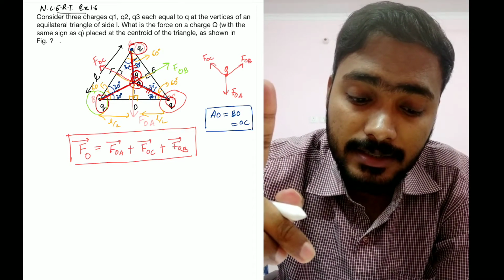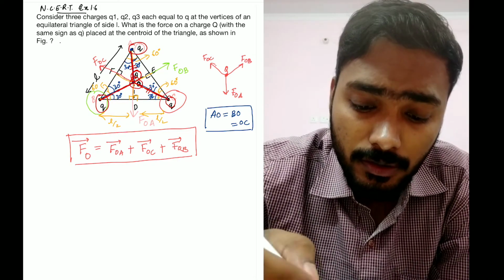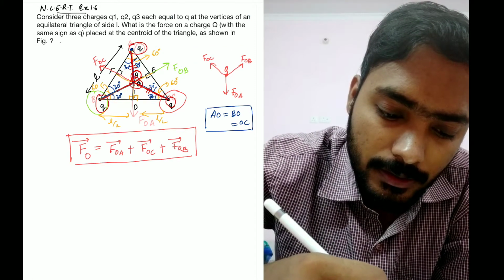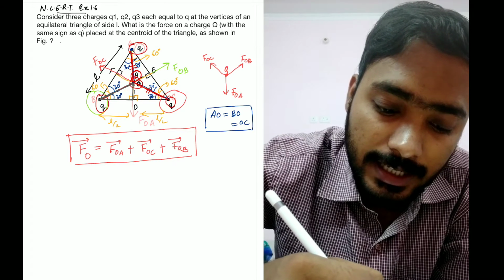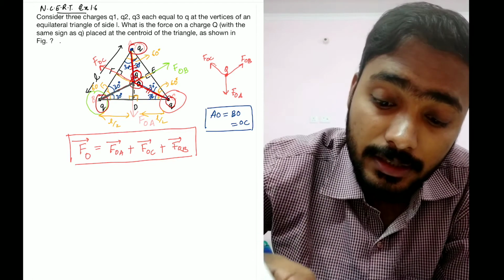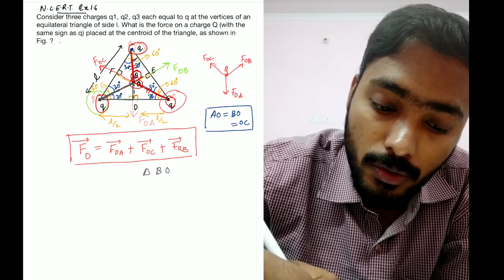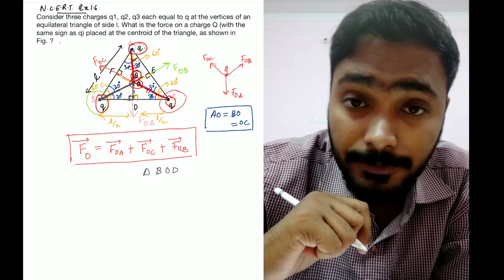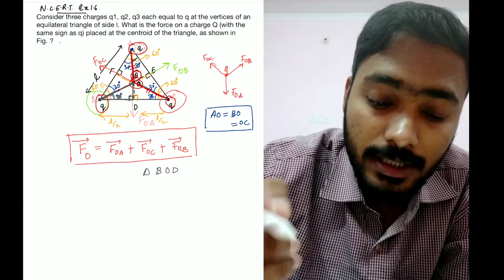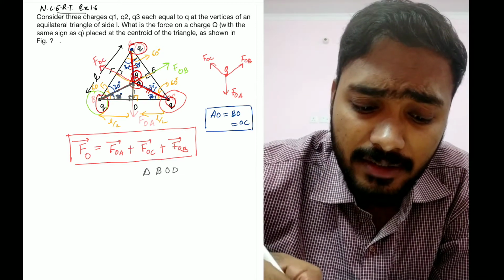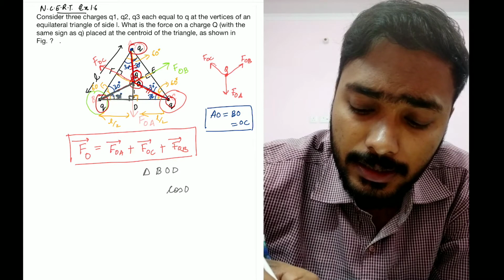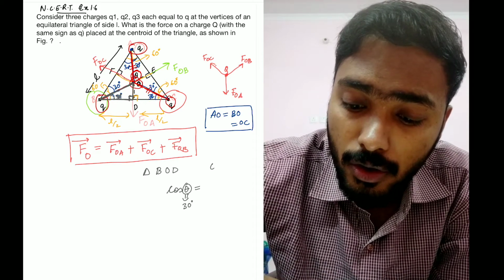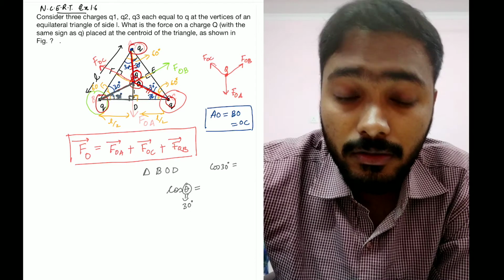So how can I find out that distance? I'm going to use simple trigonometry over here, right? So very clearly look at this triangle. I hope you guys can see the line that I'm making, the gray line, the gray triangle, right? The triangle I'm talking about is triangle BOD, right? In triangle BOD, I know this angle is 90 degrees, and there is an angle of 30 degrees over here, right? So very clearly I can write cos theta, where theta is actually 30 degrees. So I'll just write cos 30 is equal to, we all know